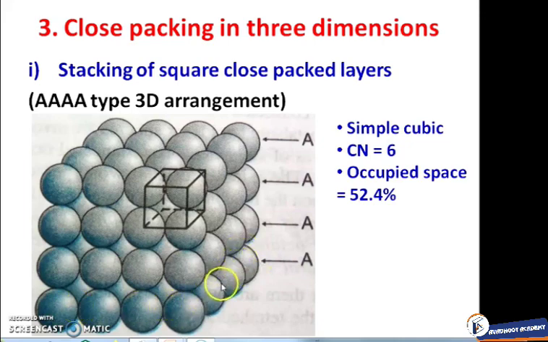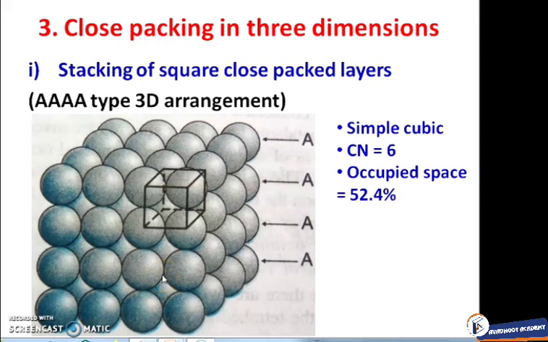Now consider the same type of layers, that is A type of layer. It is arranged along the 3rd dimension, that is the z-axis. So this is the second layer, which is the same as the first, that is A. This is the 3rd layer, which is the same as the first and second, and this is the 4th layer, which is also the same. So this type of arrangement results in the formation of